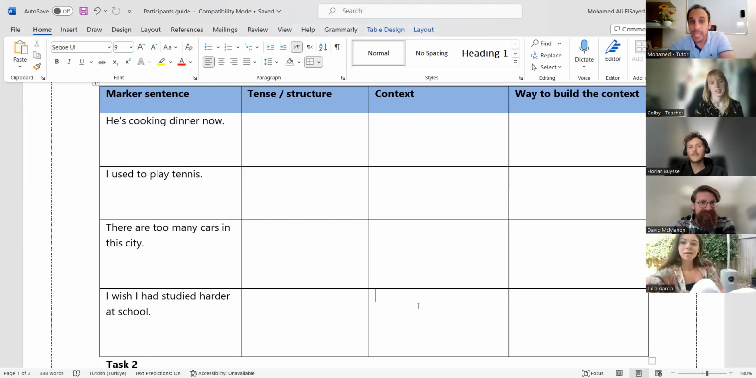School? This can be a context. Studying can be your context. Like present wishes in general can be your context, but the best one is school or studying, a specific context for the lesson. And a quick way to build that, the third column,